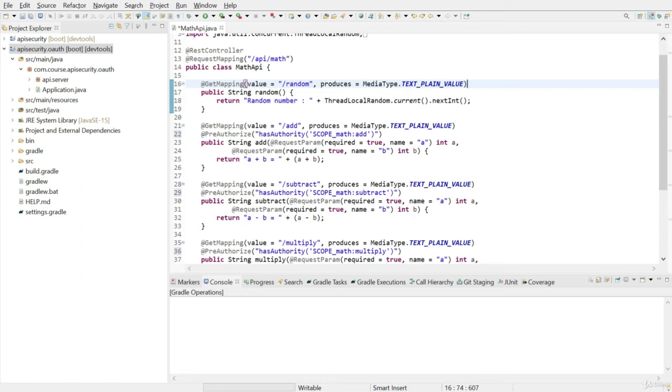We will make the random generator endpoint available without any OAuth token. In other words, we will make it public.